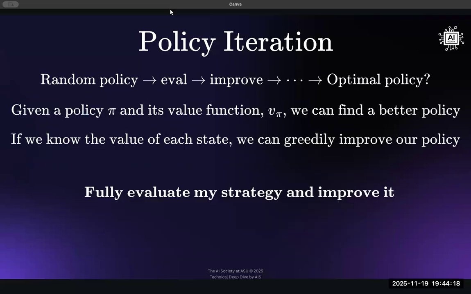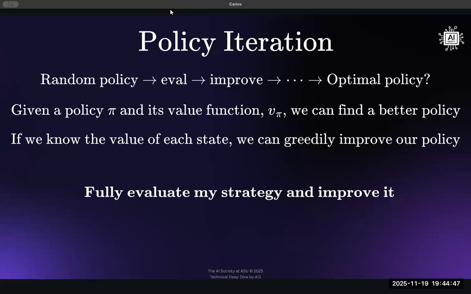And so, as I said, we can find a better policy, but we can do it in a greedy manner. So greedy in this case will be, I will take all the best opportunities that I get at the moment. It's like someone that's greedy taking all the bags of cash. If you have the best policy in front of you, that's what you're always going to take.